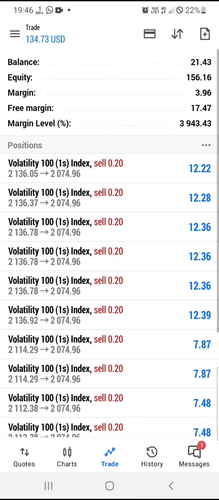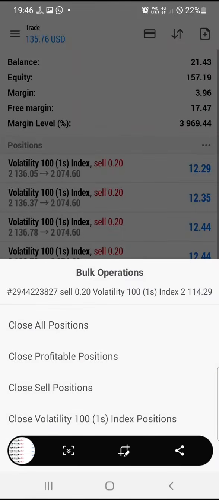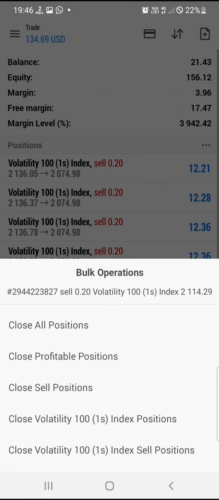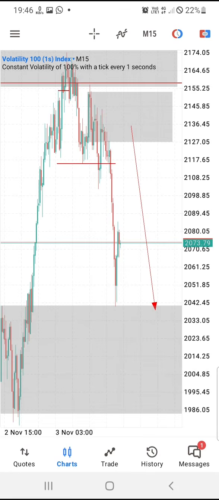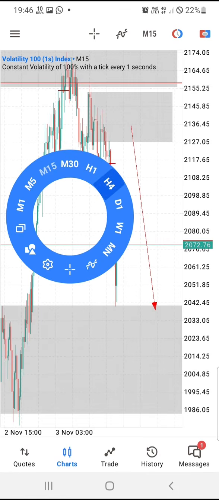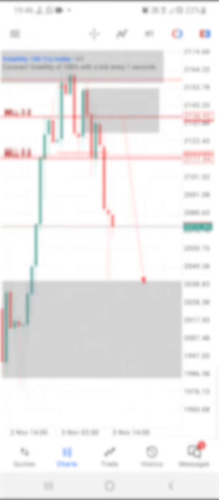I thought it was going to come back to the OBs above, like retrace back to the order blocks above, so I decided to close. But yeah, that's how I captured a breakout scaling in. That's how you practice a breakout scaling in. You just have to wait for when price is about to break out, and you just place a lot more